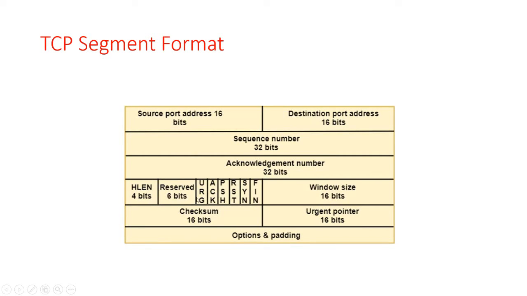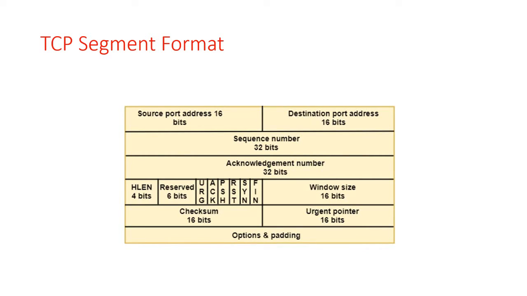The next is the flags. Here the flags are also called control bits. Each bit of the control field functions individually and independently. Okay, so these are independent. A control bit defines the use of a segment or serves as a validity check for other fields. So these control fields are called flags. There are a total of 6 types of flags in the control field: URG, ACK, PSH, RST, SYN, and FIN.